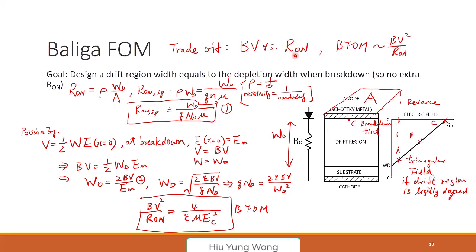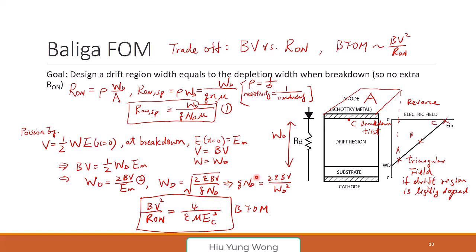So we say, what if we have a drift width of WD? Then it will be rho WD divided by A as the on resistance, but we need the specific on resistance, as we said last time. So after the derivation, we get the specific on resistance as this one. And then we want to see how about the BV, so that we can relate both of these equations to the